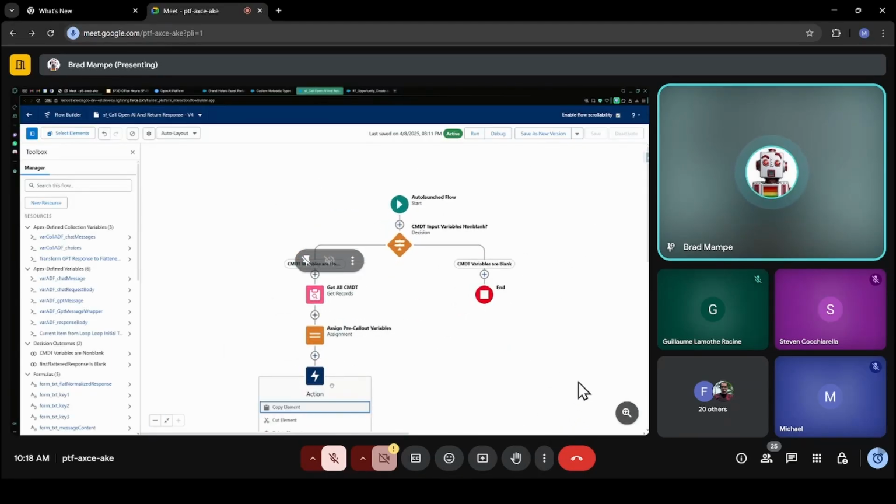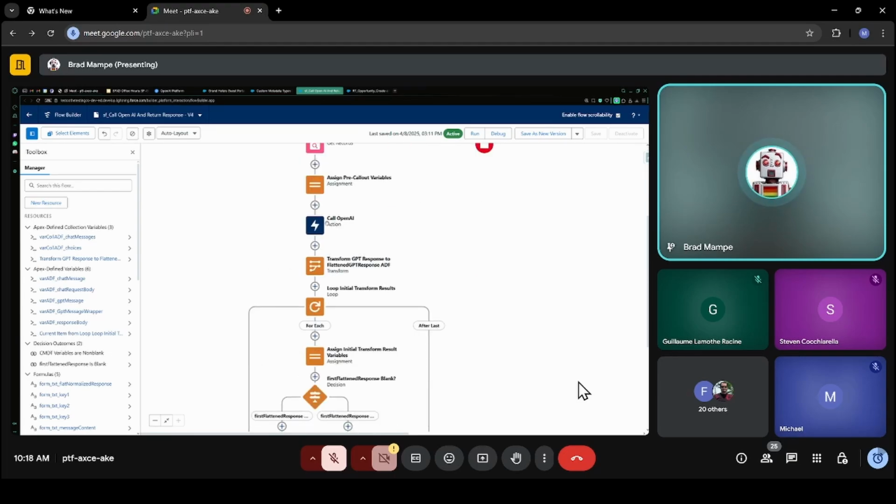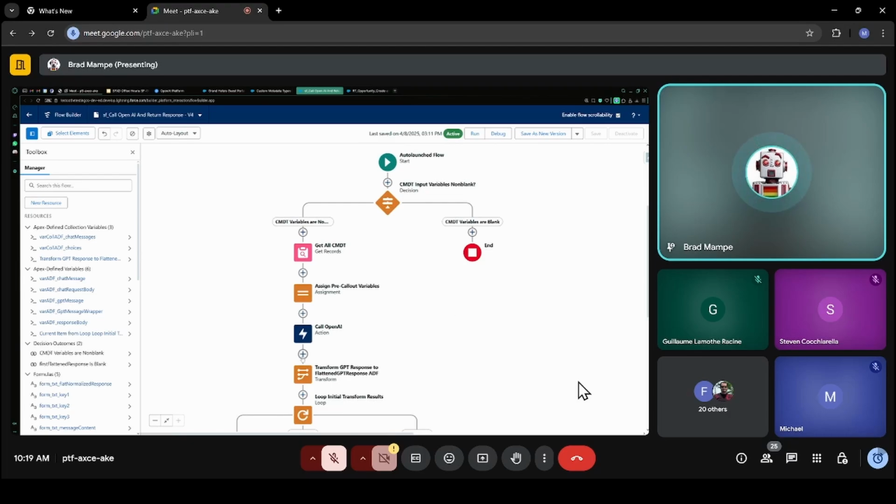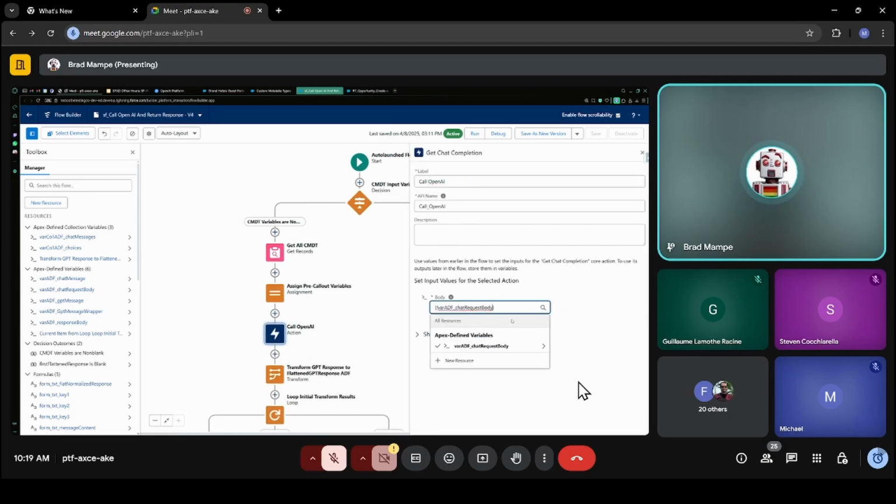This action is the actual callout that goes out to ChatGPT. And in the interest of time, I'm skipping the named credential and external service configuration. I'm going to hop back into the external service, actually. But everything that happens before that callout is just preparing the request.